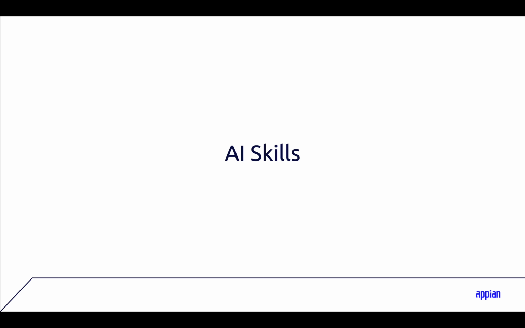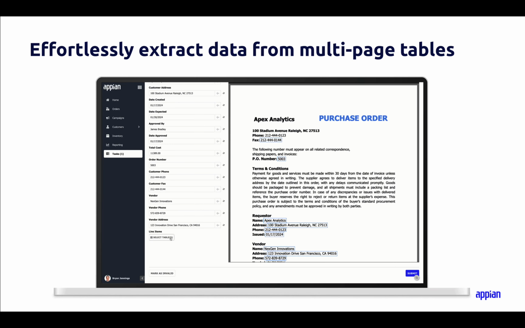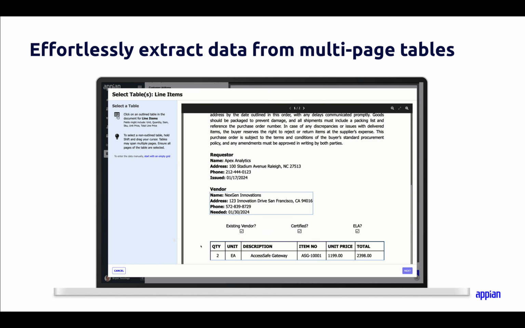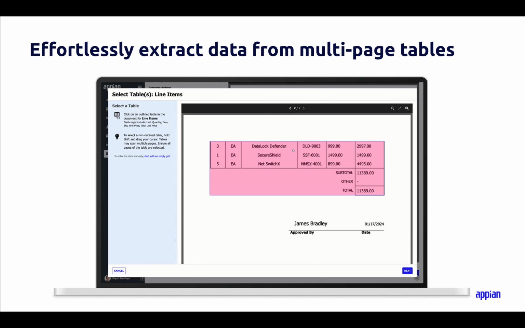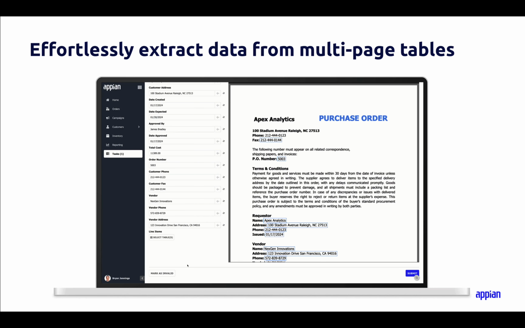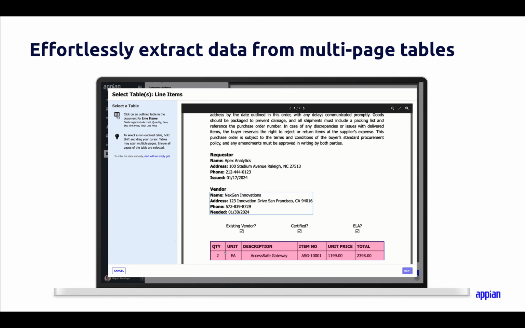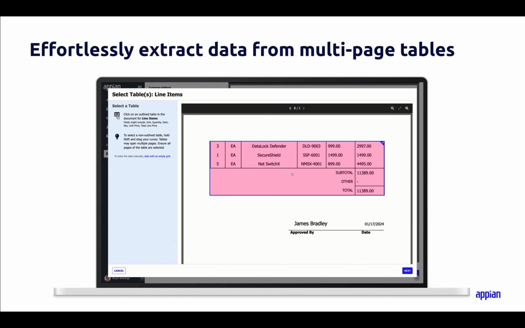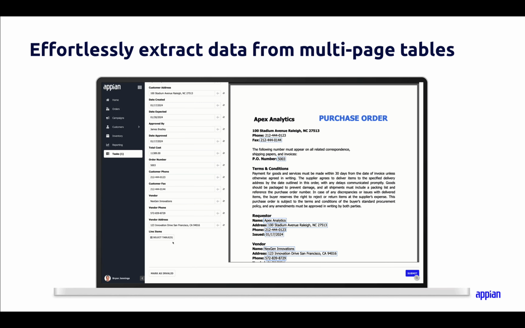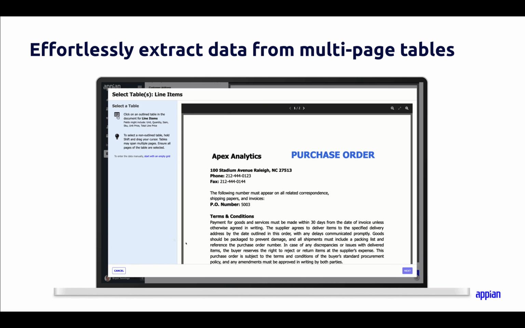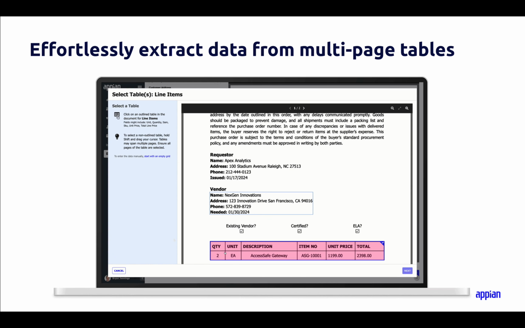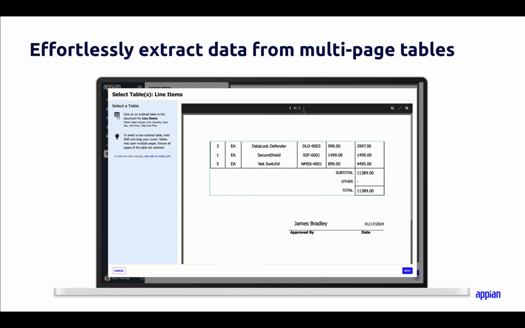With our AI skills, we've improved the document extraction AI skill so that it can now automatically detect and extract tables that span multiple pages within a document. This means you no longer need to use complex workarounds to merge multi-page tables. During the reconciliation task, Appian will seamlessly consolidate them into a single table field, saving you time and effort. Once you've completed the reconciliation step, future table extractions will happen automatically, helping you work faster.